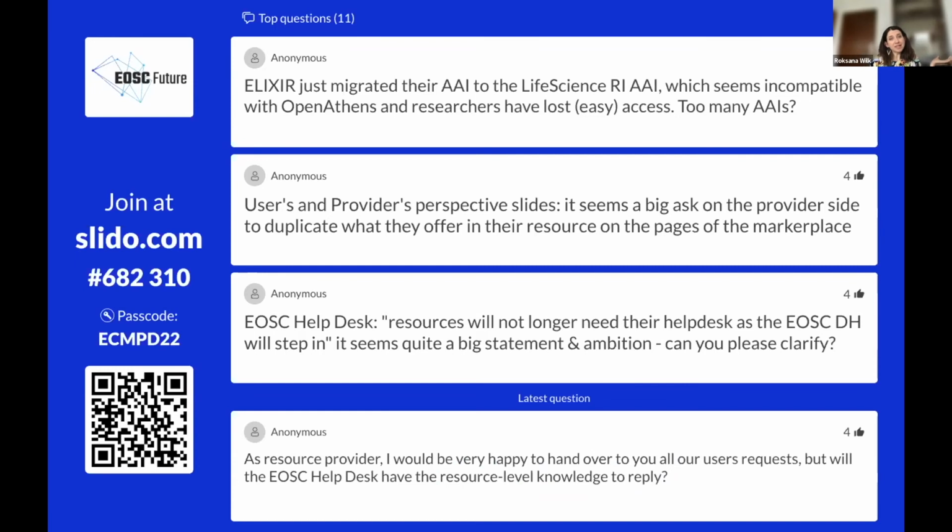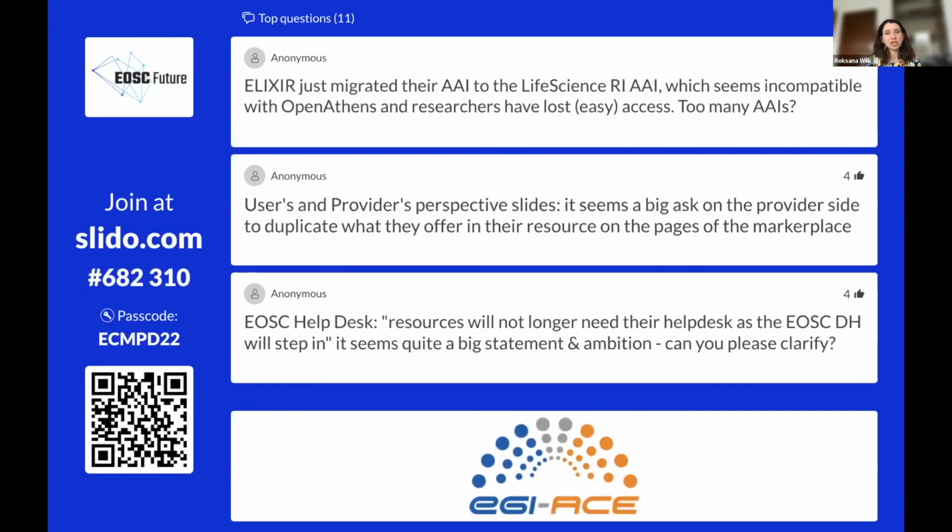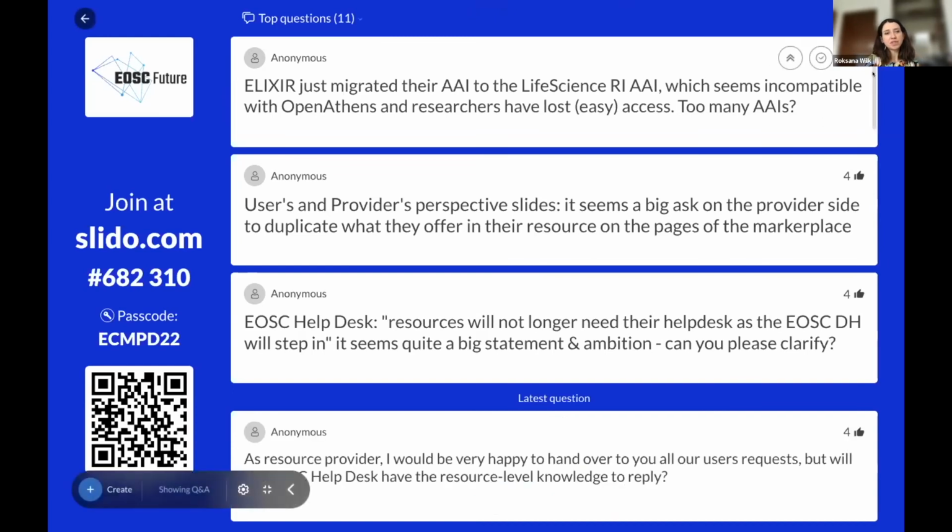But I would say that there is an added value to that. Of course, everything depends on what the main incentive for the providers is, but the user base is one thing. The other thing is that if there are some problems with the integration process, we are here to listen and to adapt the solutions so it doesn't seem like a duplication of effort. There are APIs for both the offering part and the ordering part. So I might better answer the question if there is a little more detail, like where is the duplication part,